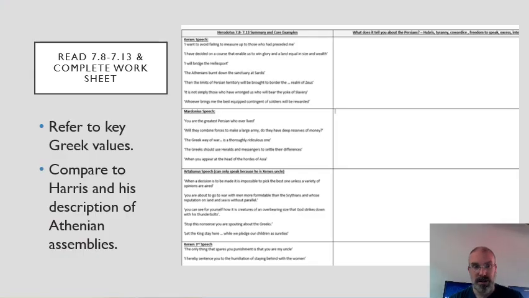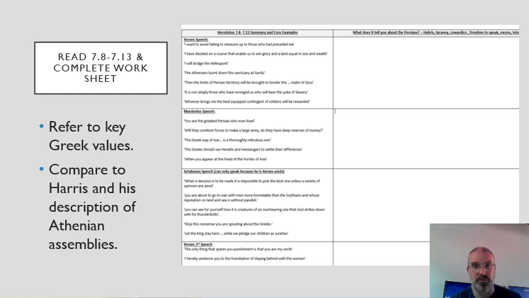Now, what I would like you to do is have a look at this worksheet and see if you can have a look at 7.8. And again, I've put some key quotes. There's always more. What does 7.8 tell you about the Persians? How does it characterize them in terms of hubris, tyranny, cowardice, freedom to speak, excess, intelligence, all of these things? And really, obviously, we're focusing on characterizations that make them look opposite to the Greeks. So stop for 10 minutes, read 7.8, and then have a go at this.